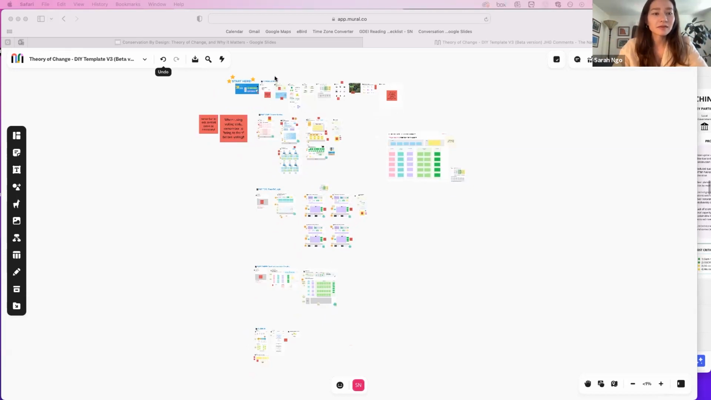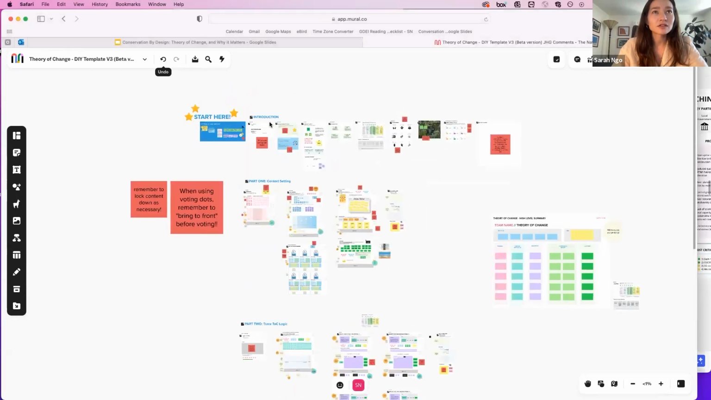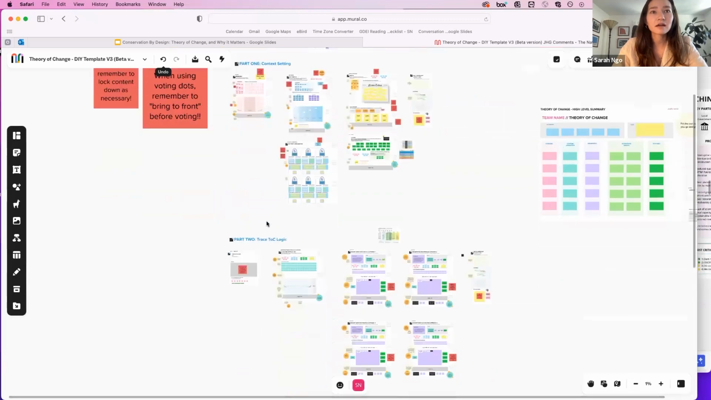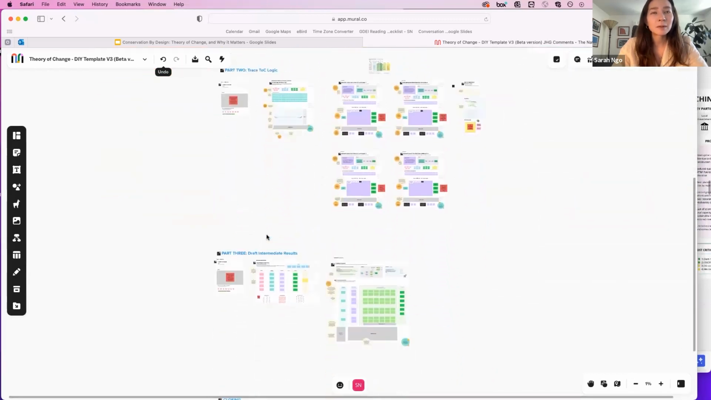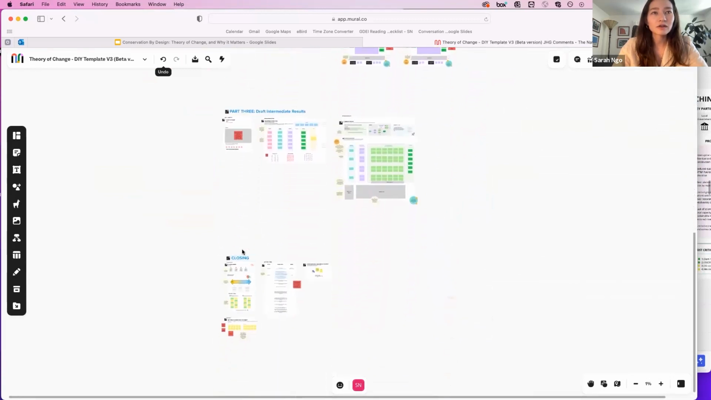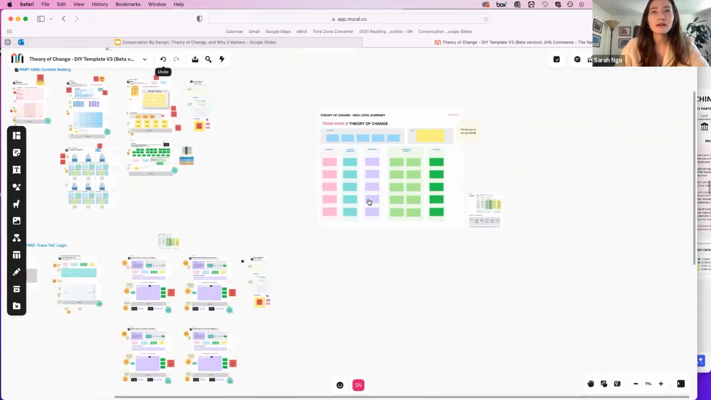So there are different elements here. There's an introduction. There's a part 1 called context setting, part 2, tracing the theory of change logic, and then part 3, drafting intermediate results, as well as a closing section. And then also off to the right, you can see there's a template for a theory of change format,